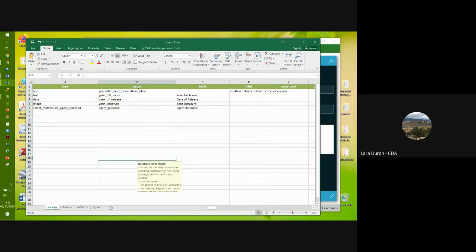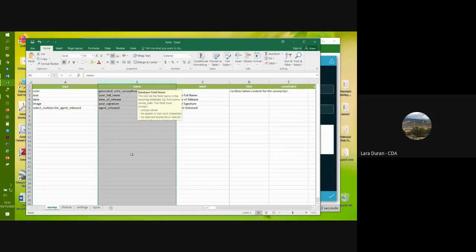Column B is the name of the field in the database, or in other words, it's the name of the column in the database. So if you can imagine the database is like